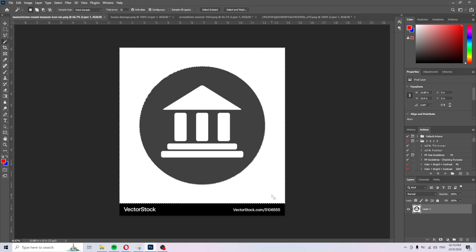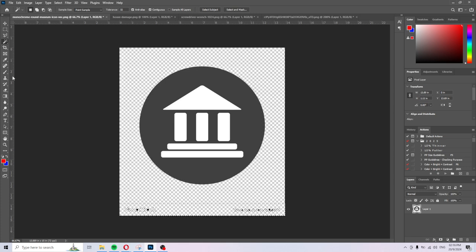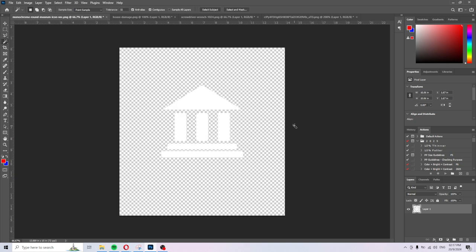Anyways, and then I got the last one right here from vector stock. Let me just select and delete everything. How about you use this, because sometimes you can see little bits of pieces, right? So what you want to do is just this and then delete there. Okay, and then we're going to do this, hopefully. Yep. Okay,